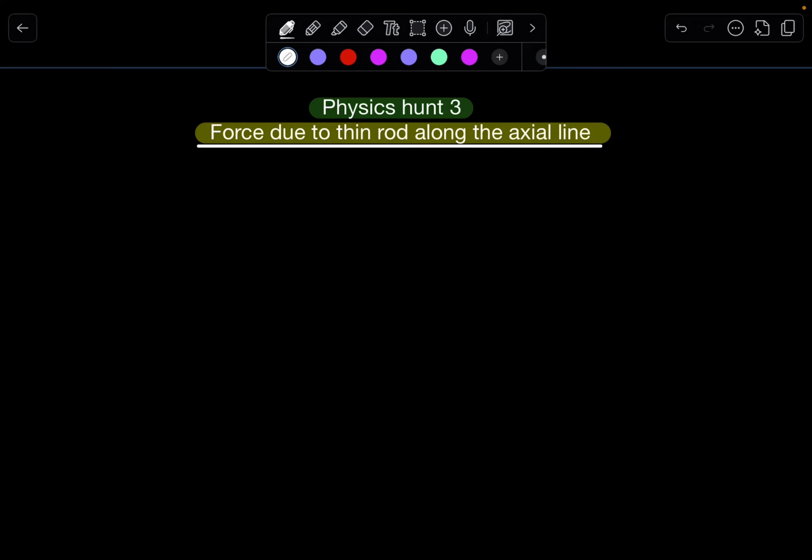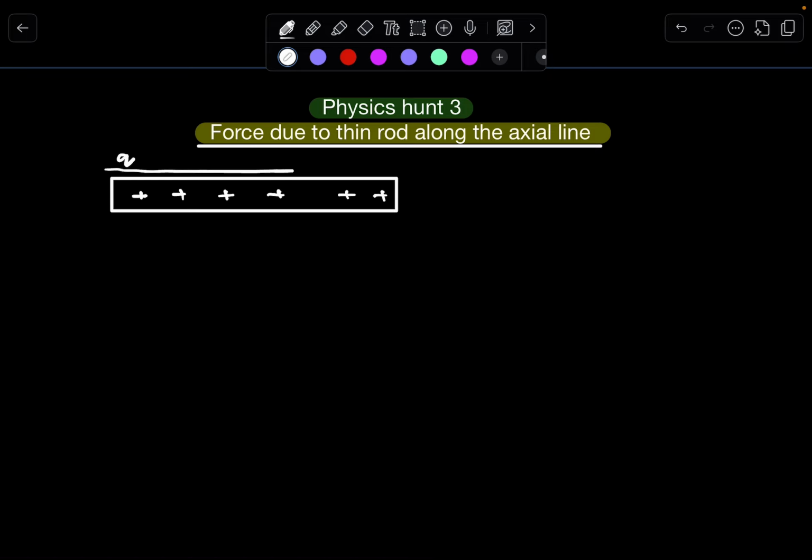Okay, let's say for example, we have a straight uniform rod which contains a positive charge. The length of the rod will be L, and the linear charge density will be lambda. Now, let's say there is a point P which is located at a distance r from one end of the wire. Now I'm going to take a test charge q naught which is placed